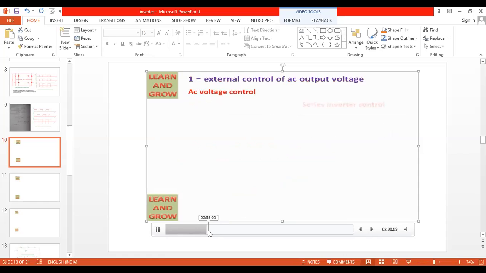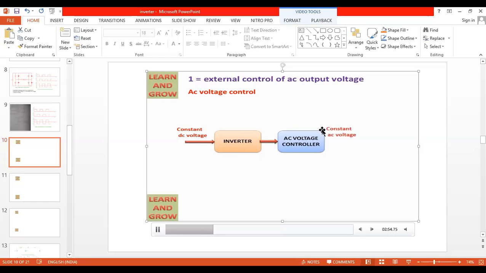This is the theory question. The diagrams you are going to see right now are asked, and you can draw them. This material I have already mailed. You can check in the material, the block diagrams will be there. The same thing can be drawn in the examination. First, external control means, let us say the input is DC. We place the inverter. That normal inverter converts DC to AC. Again, you have to place one variable AC voltage controller, which provides the variable AC. It is not constant AC here, it is variable AC, which can be given to the AC load, a bulb or else an induction motor.